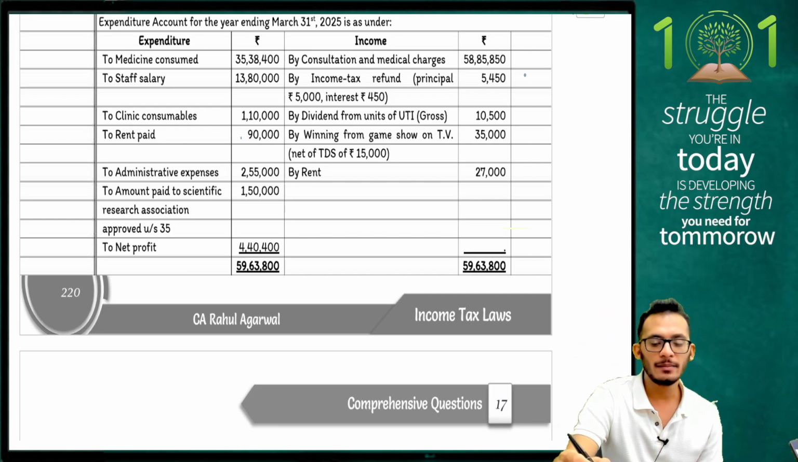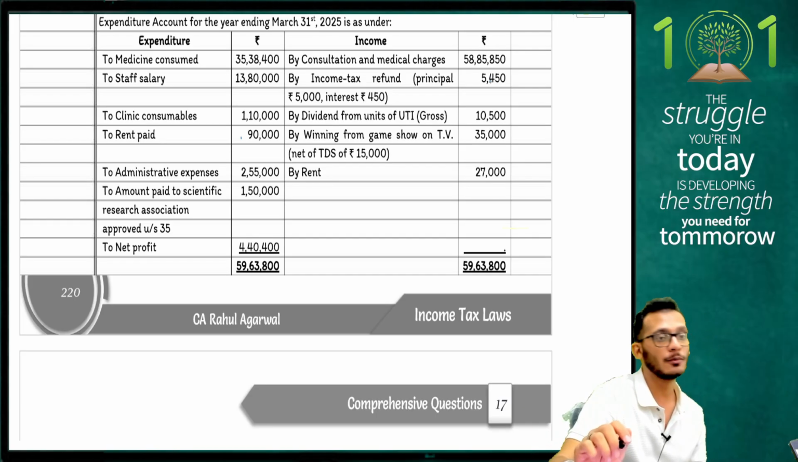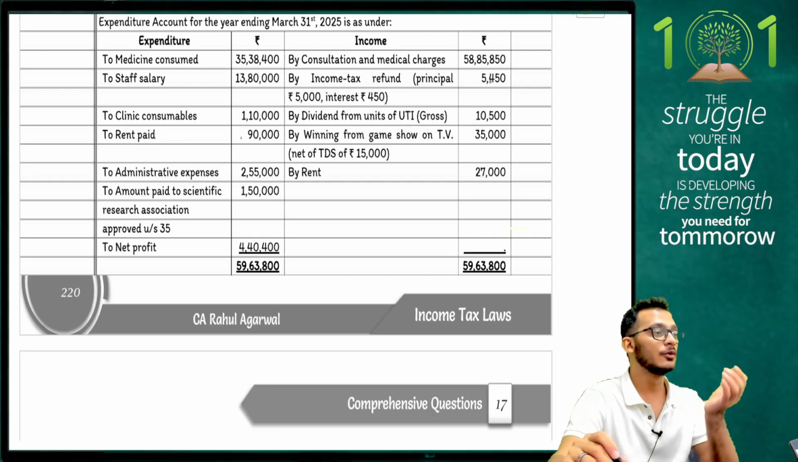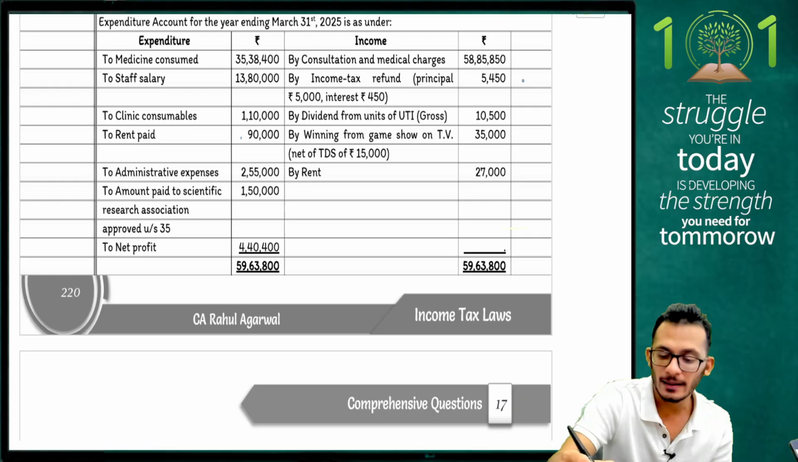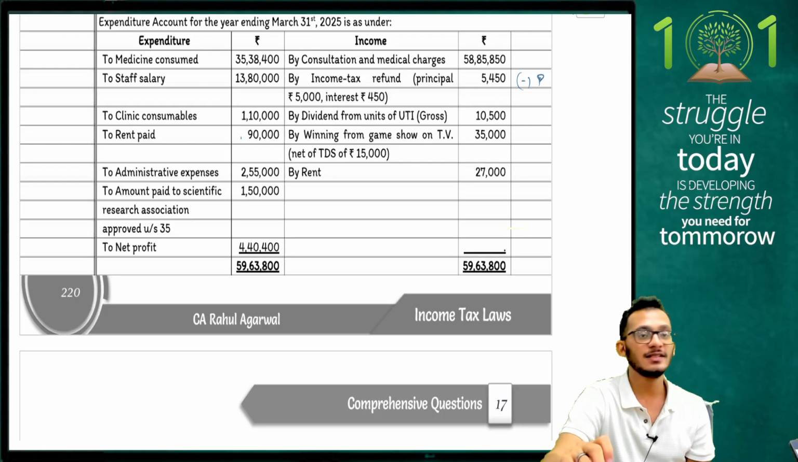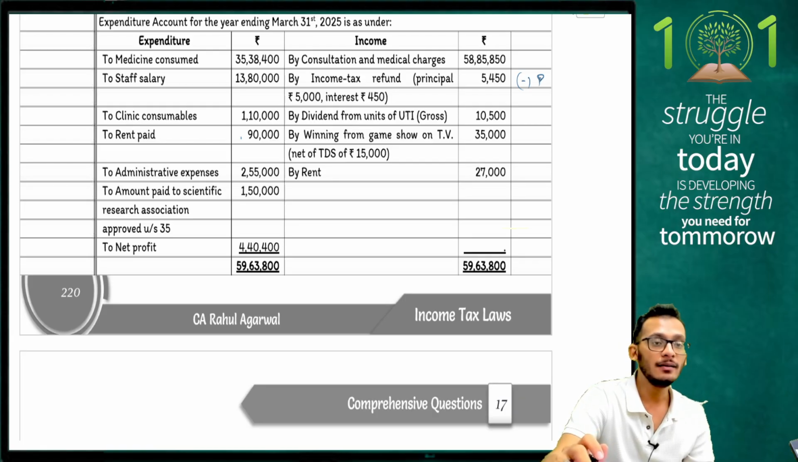Next, I have income tax refund. Principal is 5,000. Interest is 450. Total number booked of 5,450 in my P&L. This is IFOS. So step number 1, remove it from PGBP. So step number 1, I will take it away from PGBP. Going to IFOS. How much am I going to tax under IFOS? Only the interest. Because